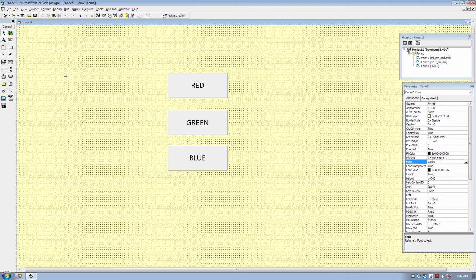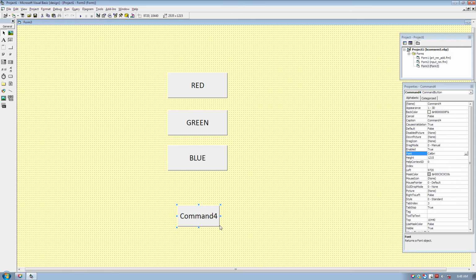So today onwards, in every form we shall have one more command button. Extra. It is not required. This command button is not required, but this is my wish, this is my practice. There will be one more extra command button in every form,